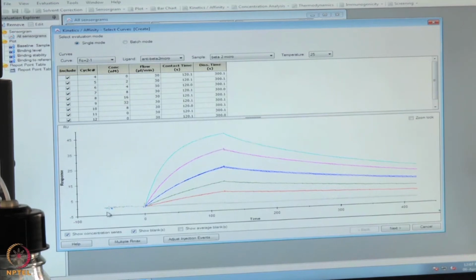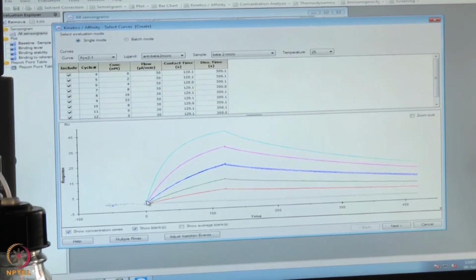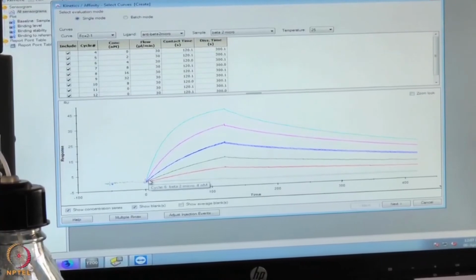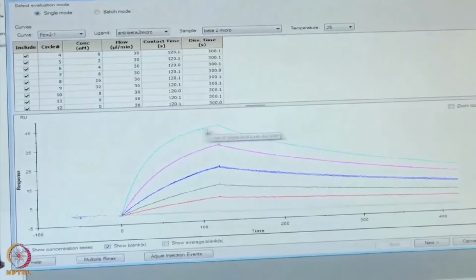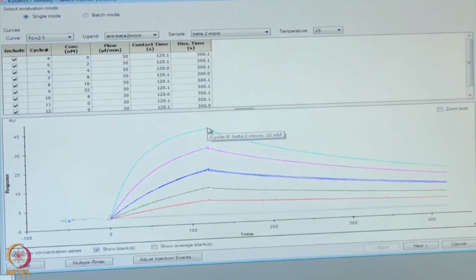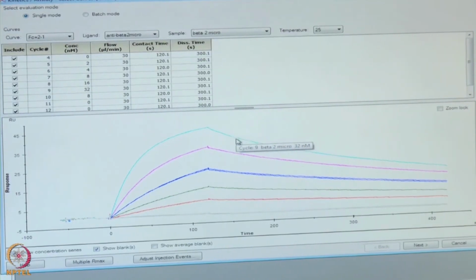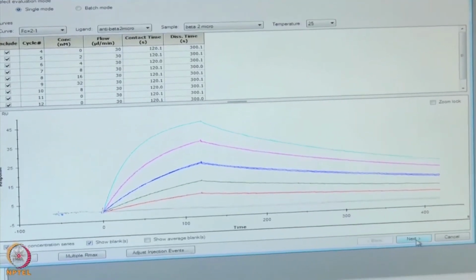So as you can see, here you have the buffer. At this point, at 0, you have started passing your analyte over the ligand. So you can see an increase in the association of your analyte with the ligand. At this point, you stopped passing analyte and only buffer is passing. So you can measure the dissociation of your analyte from the ligand. Okay, and then you have regeneration. So if I click next,